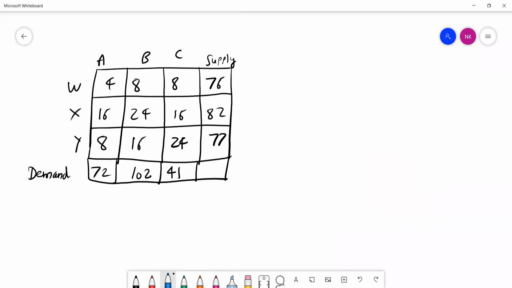Okay. So what is the first step that we need to take over here? Anybody? I have got 3 answers in the chat about the penalties. So what could be the first step that can be taken? I have got 3 people who are saying that it is not a balanced transportation problem. So that is the first step that you need to look at. I was shocked by getting 3 answers for the penalties.